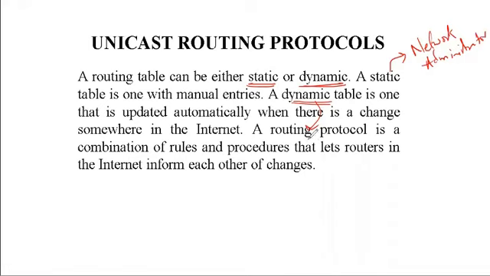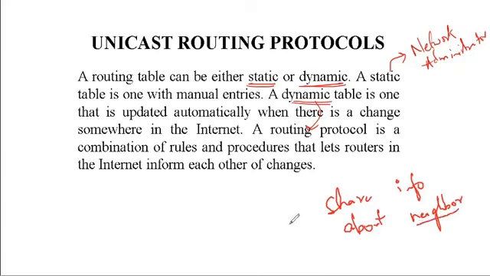So why was there a need for routing protocols? For creating dynamic routing tables, we have created the routing protocols, and they allow the routers to share whatever information they know about the internet or their neighborhood. Whenever we are talking about routing protocols, routers share information about their neighborhood. They only know about their neighboring routers, and that information is automatically passed to the next router, and this cycle continues till all the routers are updated. So they share information about the neighborhood routers.